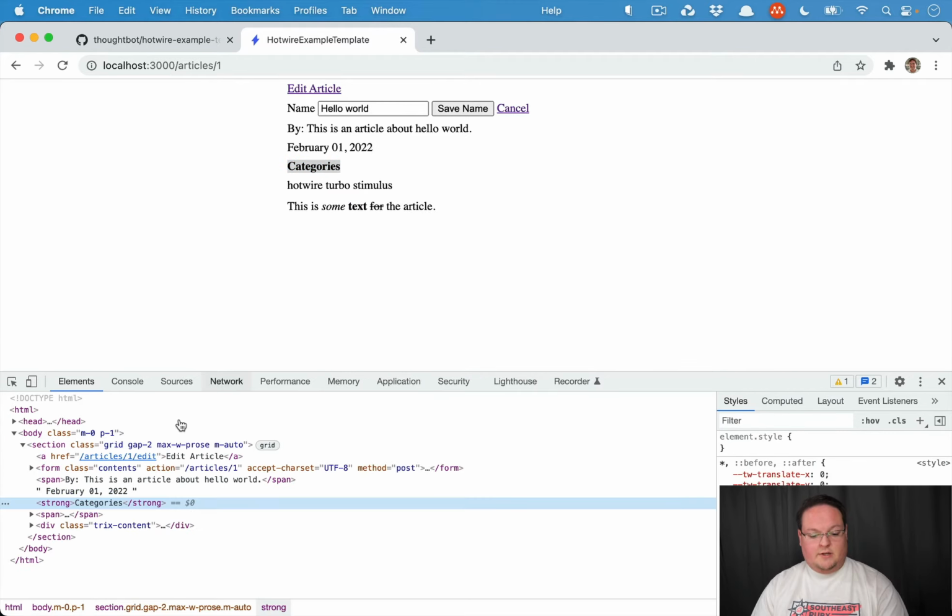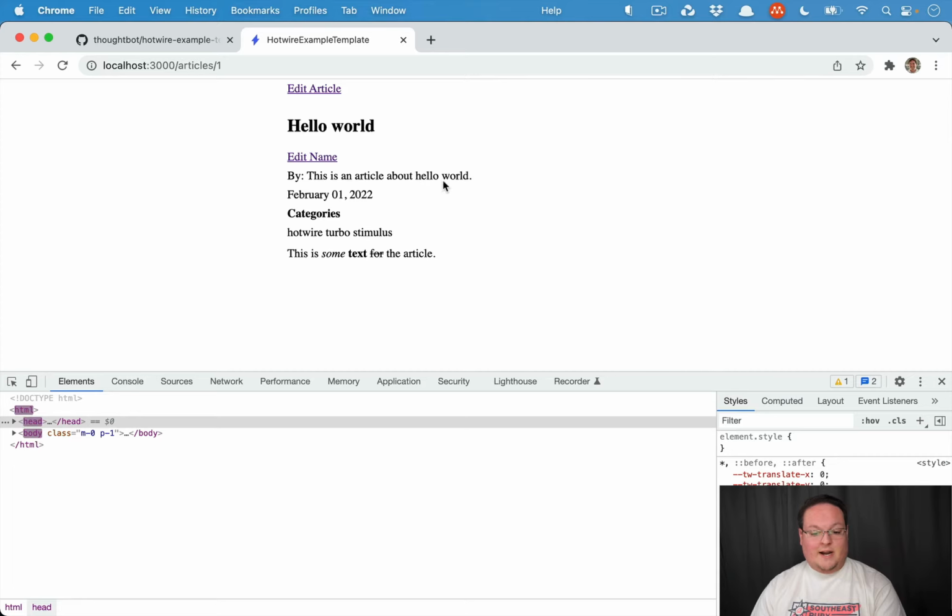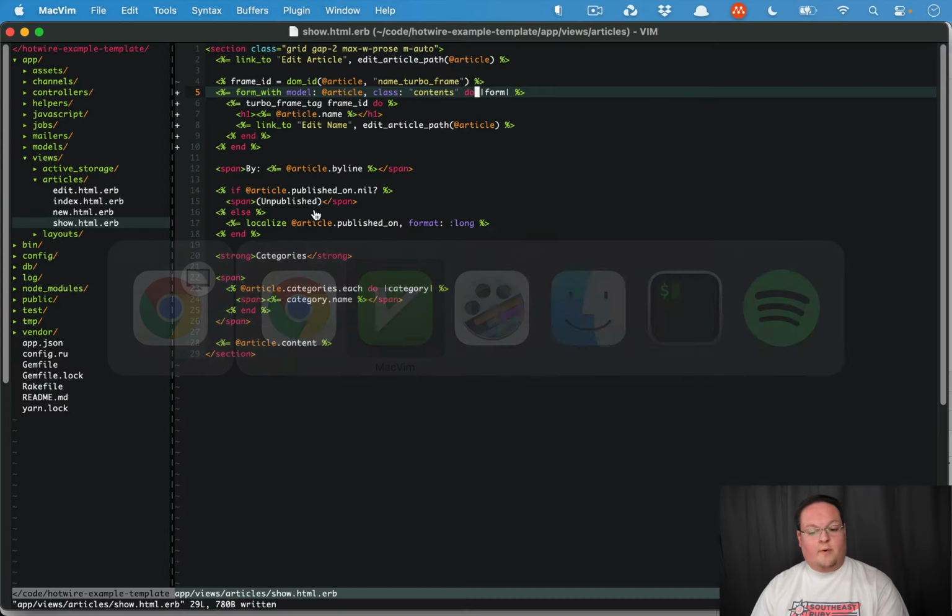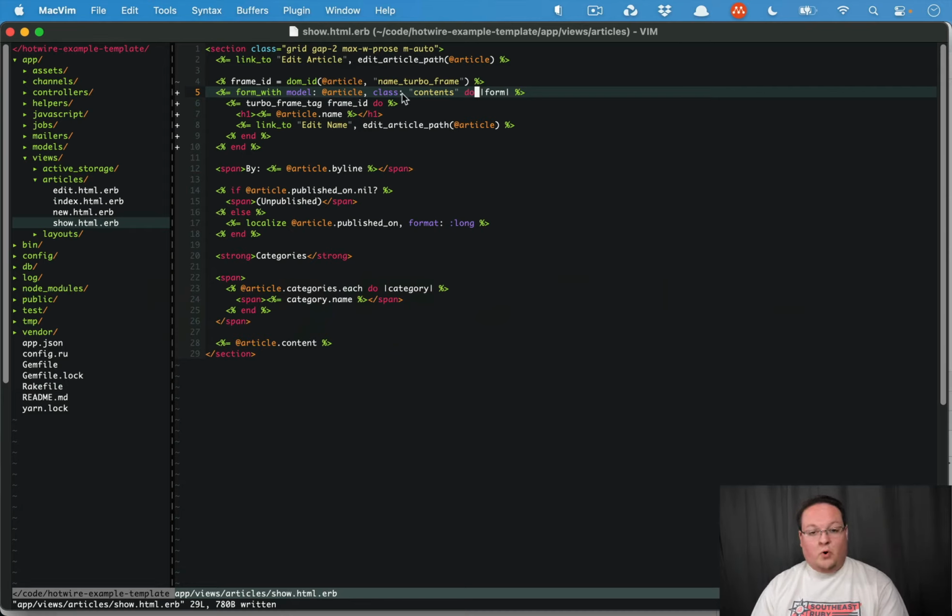But let's make an adjustment here. Say categories is all caps. What we really want with an inline edit is this not to refresh the page, just to update that section of the page in the turbo frame. But if we click save name right now, it's going to refresh the entire page. And that is because when you submit a form, that's what it normally does. But if you specify on the form a data turbo frame